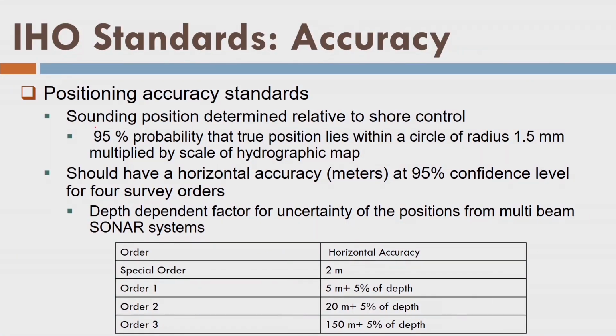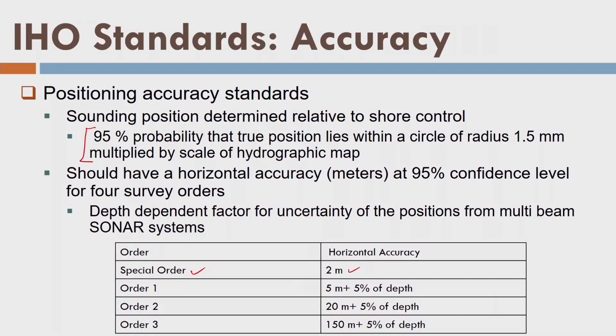That is why we define that with 95% probability, positions should lie within the given accuracy level of horizontal position. Nowadays, the latest version of IHO specifies that we should also consider the depth of the water to define the horizontal accuracy. That means, the higher the depth, the more tolerance I can have on the horizontal accuracy of position. For special order, there is no compromise. That means each and every point XY should be located within 2 meter accuracy. That is coming from the 95% confidence interval. We have already discussed these 95% criteria in adjustment computations or in basic surveying.